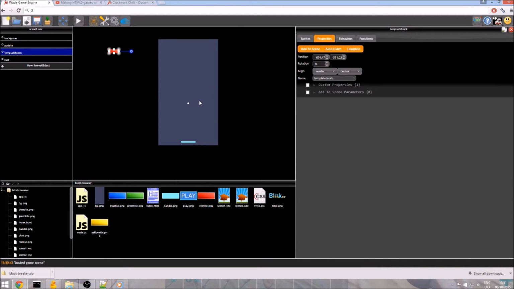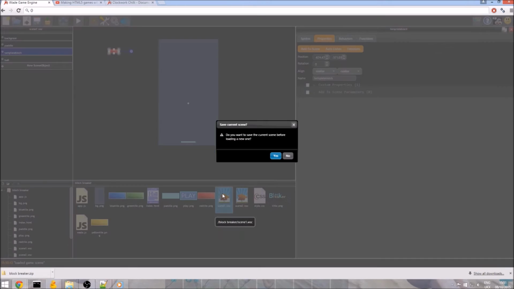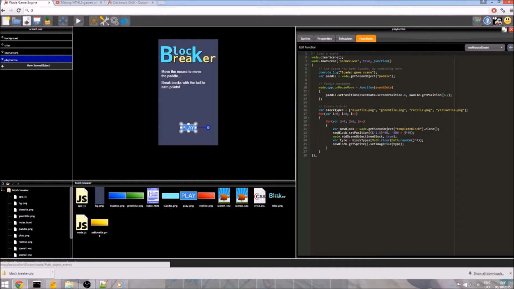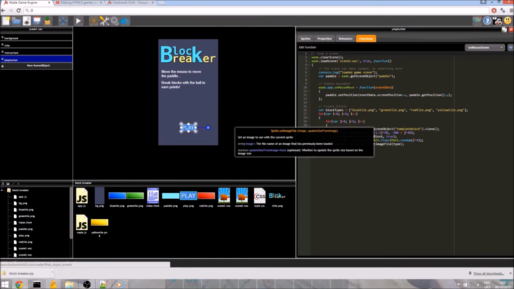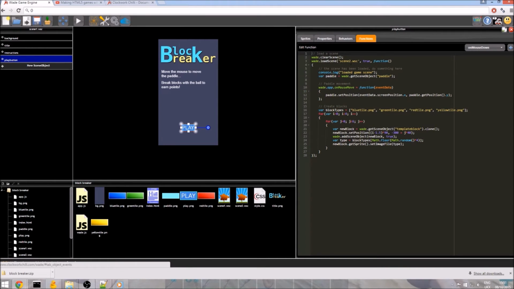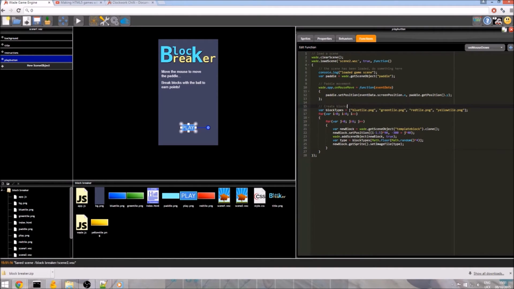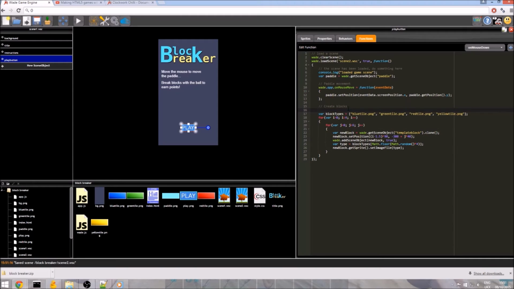So we need to go to where we were creating the blocks. And I believe that is in scene 1. If we click on play, go to functions, on mouse down. Now this is our event handler for when we load scene 2. And this is how we are creating the blocks. Okay, this is all we are doing. What we need to do instead is put this in a function. So we can just do wade.app.